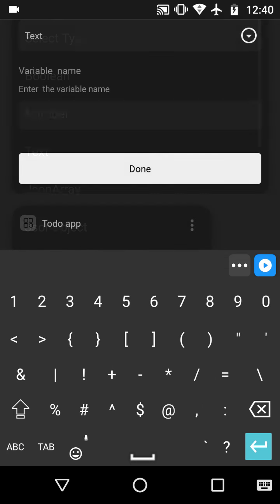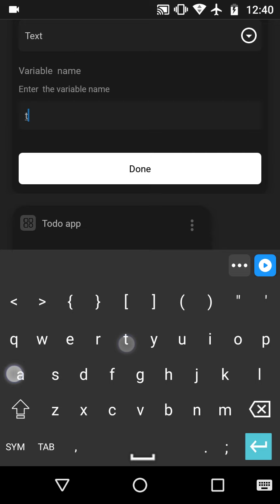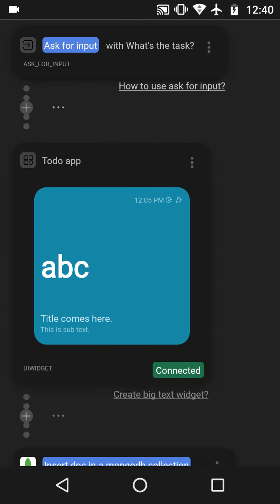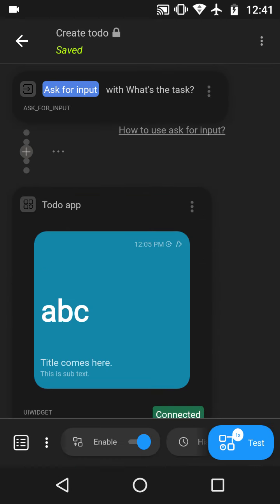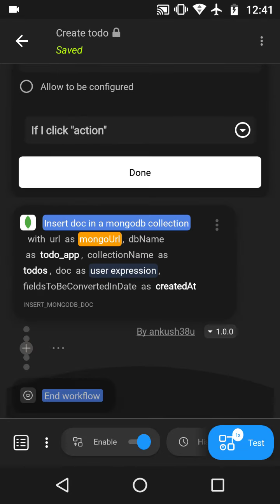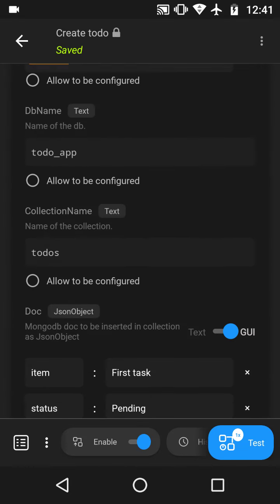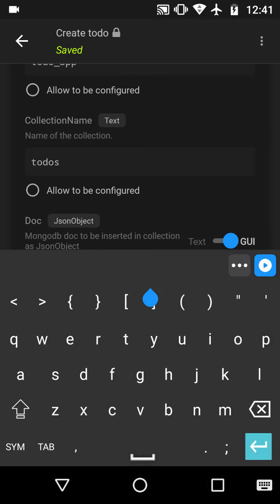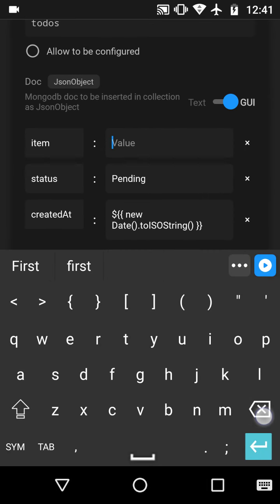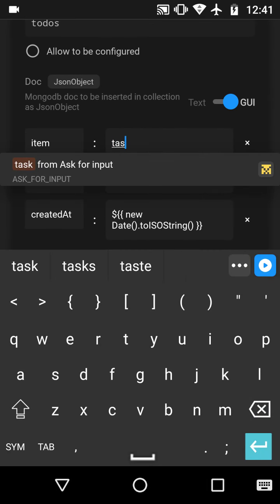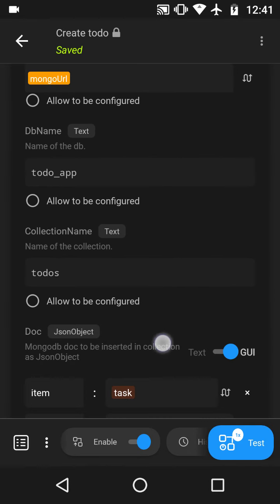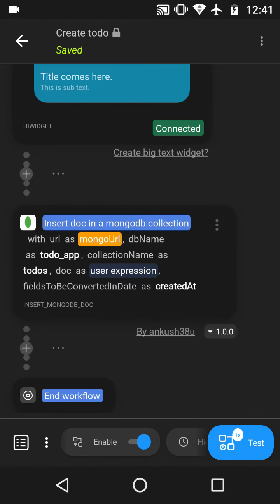Select the type as text and enter the variable name, could be task. Now let's connect this variable to our MongoDB insert block. Instead of first task, now we're going to just say task coming from the ask for input and press done.